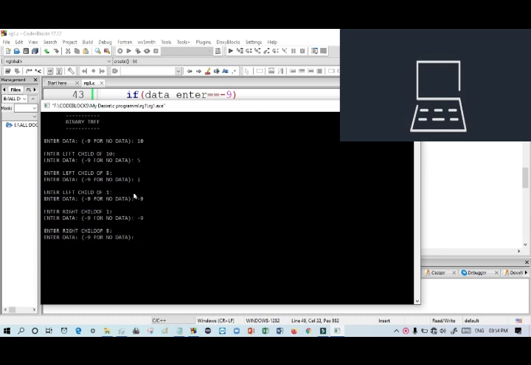Then see, it goes back to 5. Then I want to give 3. It also says left child 3. You can use your own binary tree, but I just want to show you whether it will work the right way or not.